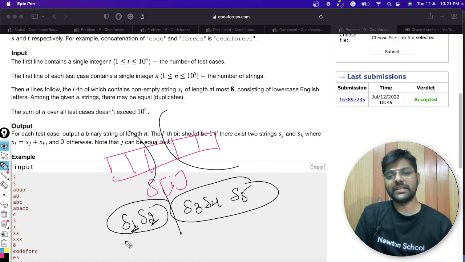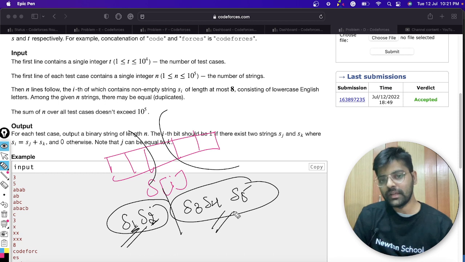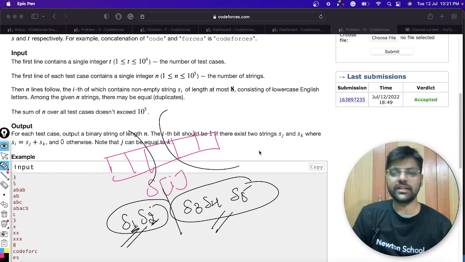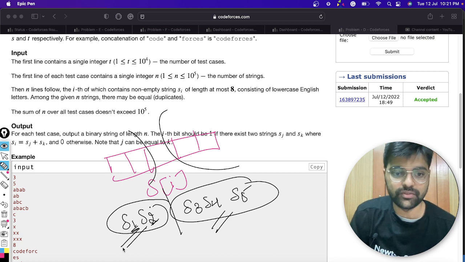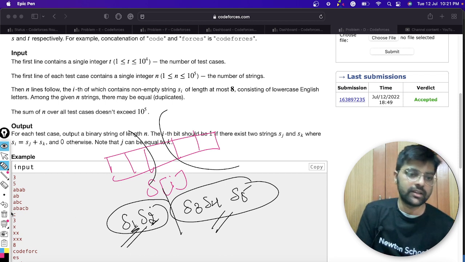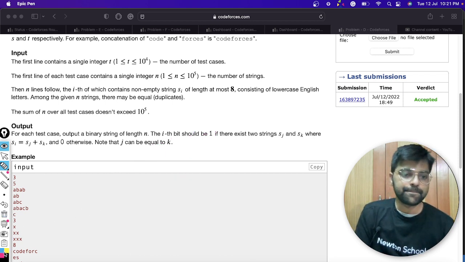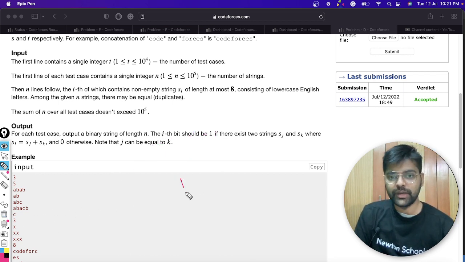If these two strings are present, then we have got the answer as 1, right? Because we can get this string from the concatenation of two strings, namely s1 s2 and s3 s4 s5.